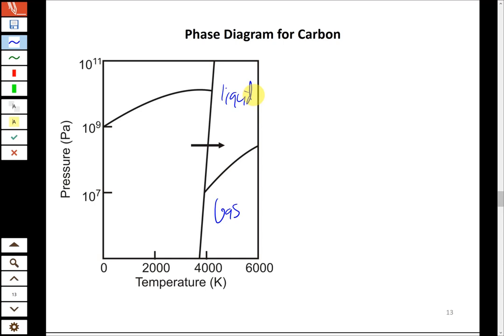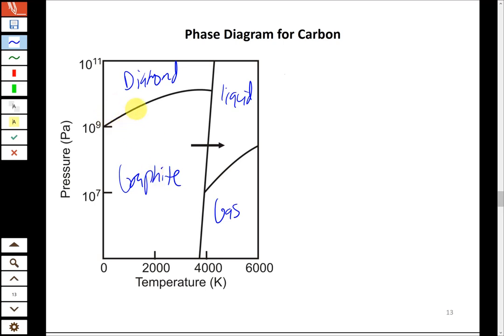But again, because carbon has 2 different solid forms, it has 2 different regions on the left side of the diagram here at lowest temperature. And so the bottom one is graphite, and then the top one is diamond. So what you'll actually notice, there's a couple of things here. First of all, in order for diamonds to form, you need really high pressures because the dividing line between graphite